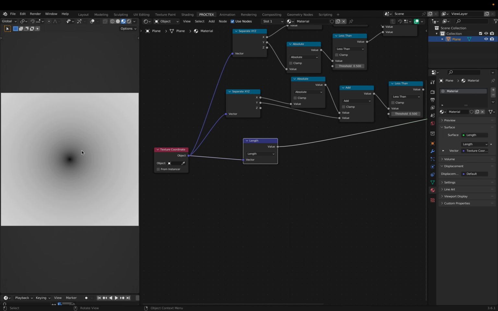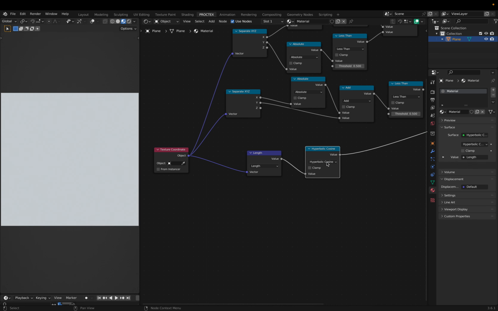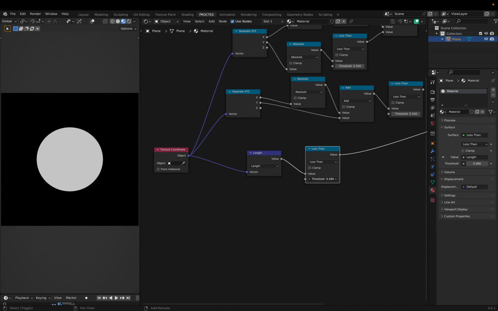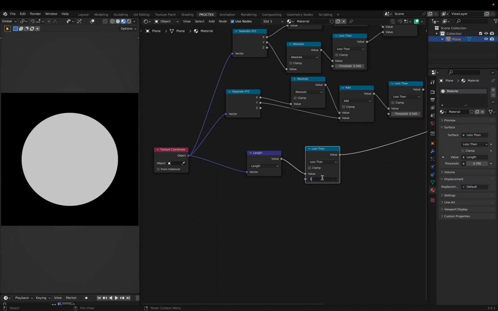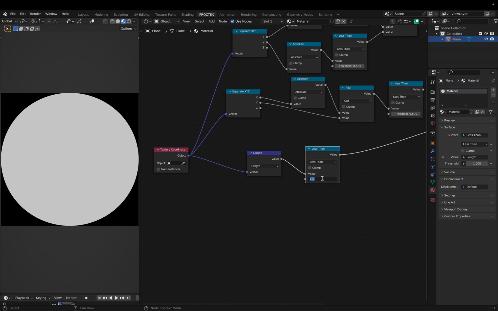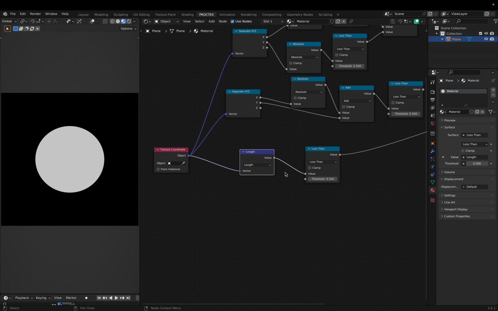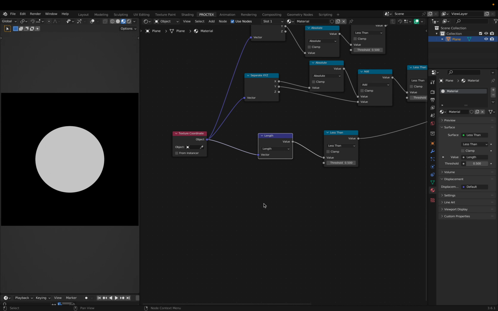This gives us a radial gradient radiating from the center to the corners, which is very cool because now we can use a math node to get a single circle and determine its size whenever we want. So it could be really big or 0.25, really small. Default is 0.5. This on its own is pretty strong. You can make a lot of shapes using just a circle, but one thing you can do with noise